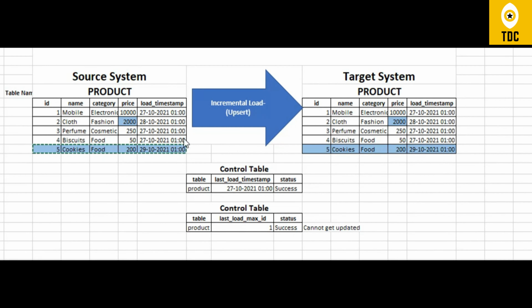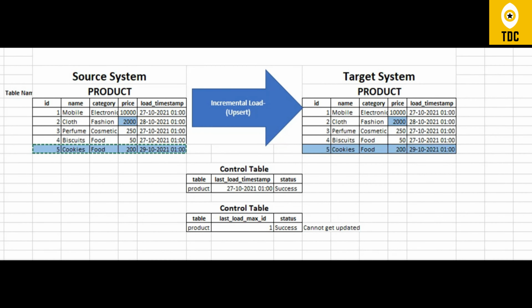So how this is actually done is we can have a control table, in the sense we can keep track of till what point the data has been loaded. So we can choose to have a control table or control file. The intention here is to store the pointer till where we have loaded the data in the last load, so that in the subsequent load we can start our load after that.